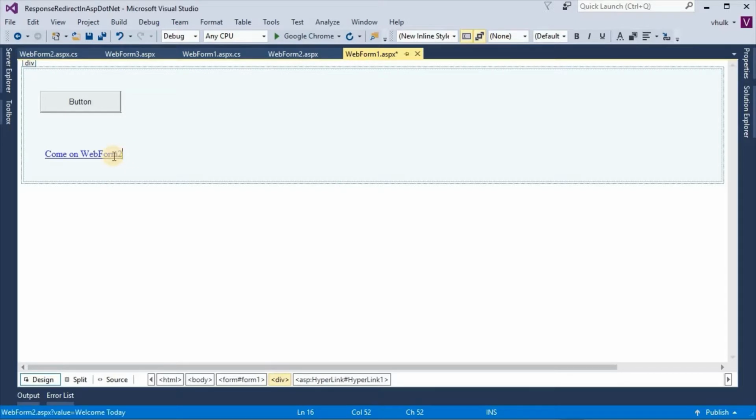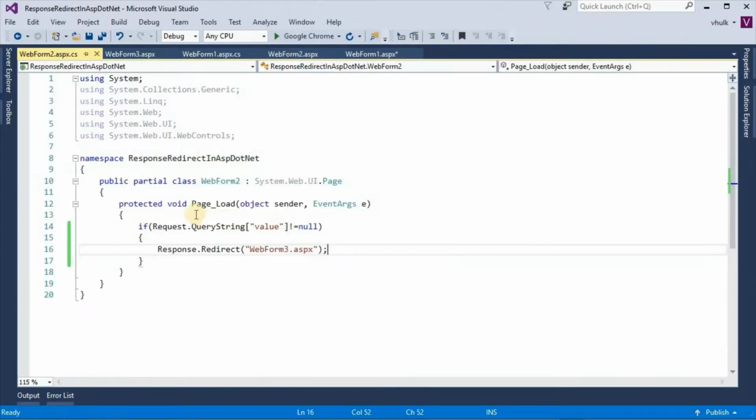When we click on this hyperlink, which is present on webform1, then in the page load event of webform2, the query string value will be checked, and then response.redirect will happen,